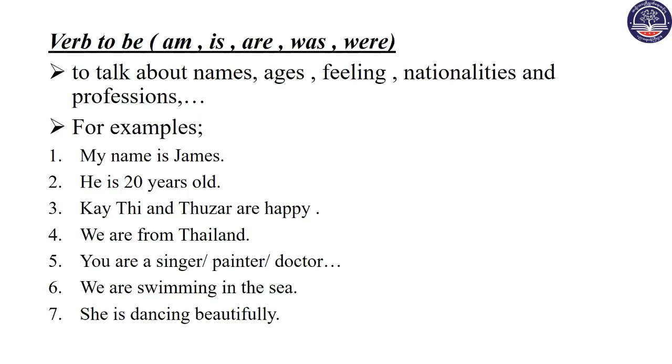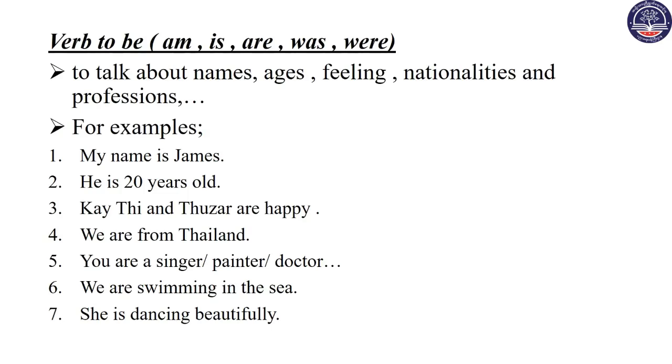Verb to be is a linking verb. Verb to be can be used as a main verb and also as a helping verb, an auxiliary verb. When used as a main verb, it means "is/exists". We use verb to be to talk about names, ages, feelings, nationalities and professions. For example,